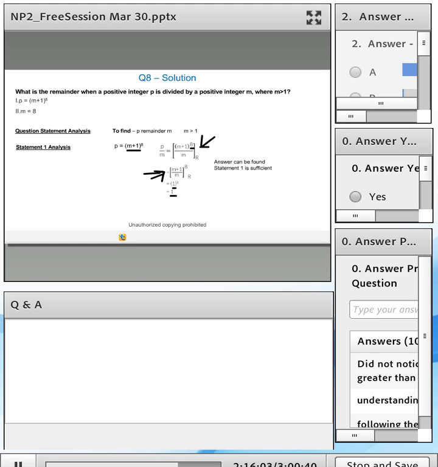Now for those of you who selected choice C, where did you falter? You clearly thought that statement 1 was not sufficient. My guess is that you did not process the information in this manner. You simply saw that there are two variables, and that is why you thought you would not be able to answer the question, because you don't have values. Did not notice that m is greater than 1.